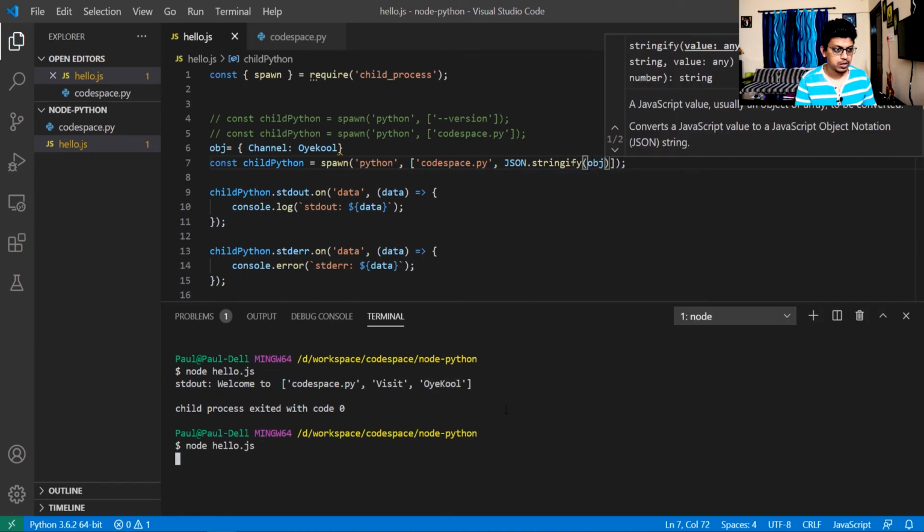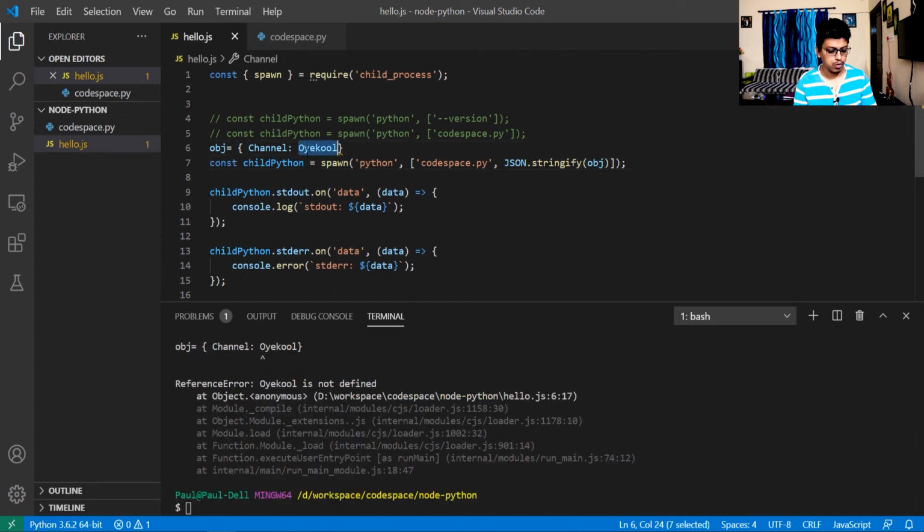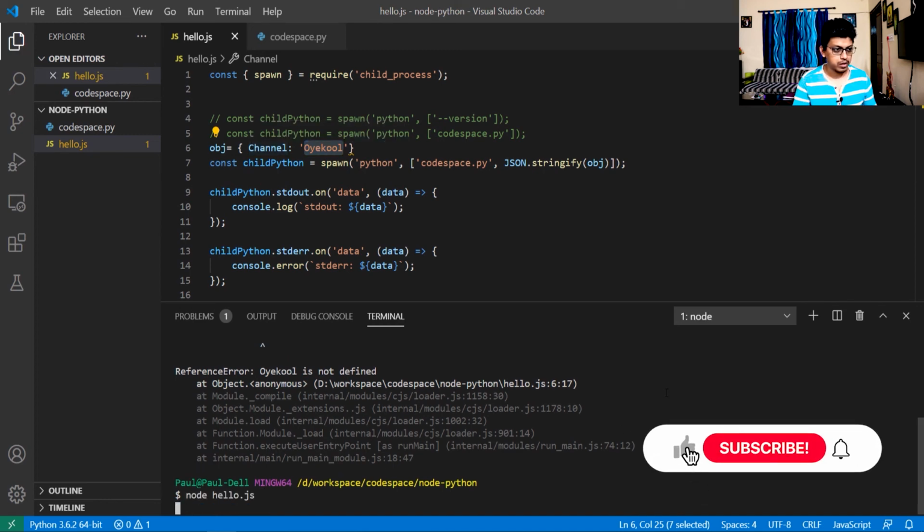And if I run it, I hope we will not get any error. Oops, we already got an error. Okay, so it will be a string, and run the application again.